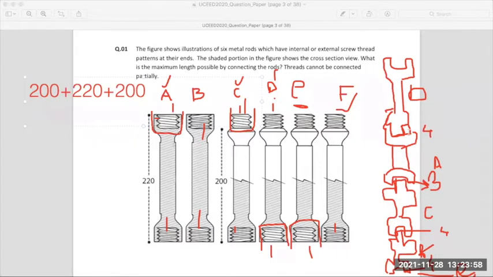Okay, where was I? I'm sorry. D is 200, A is 220, C is 200. F कितना आएगा? Again 200. And E will be again 200. Everybody agrees or not? Students? ये समझ आया? This is why I have written 200, 220, 200, 200, 200. Yes ma'am. क्या आएगा टोटल इसका? 1020. Yes, which is your final answer for this.